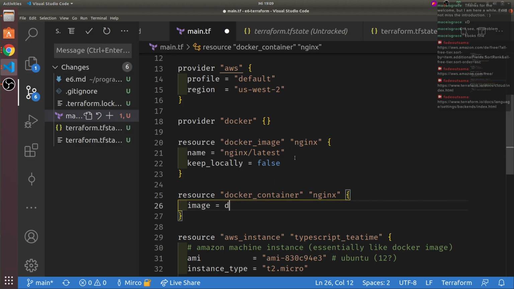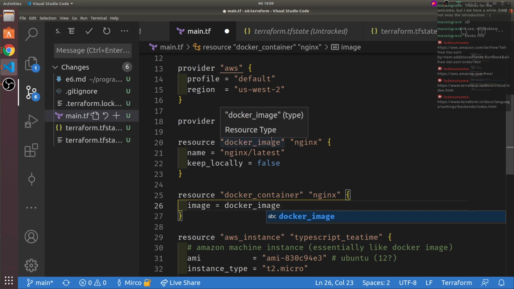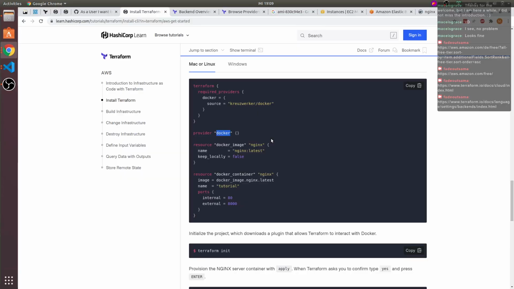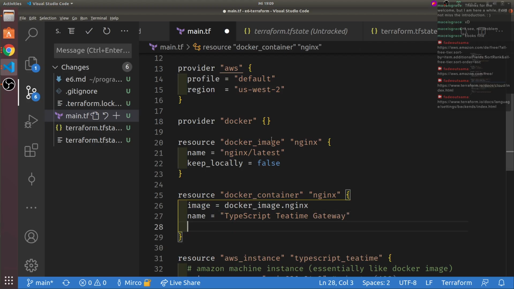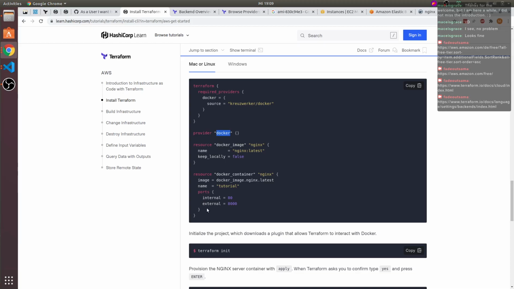We can now reference this one by docker_image.nginx. Other than that, we give it a name, let's call it TypeScript time gateway. And probably some tags. I don't know, right.